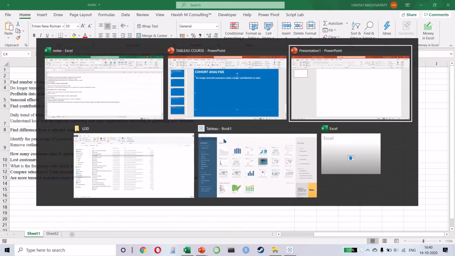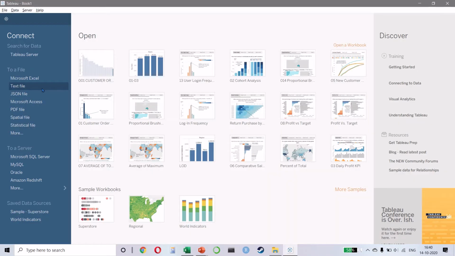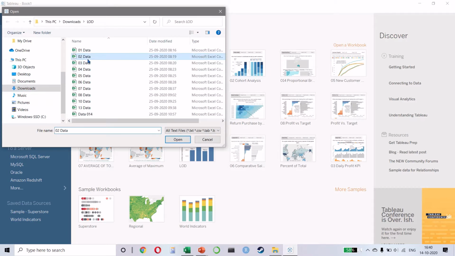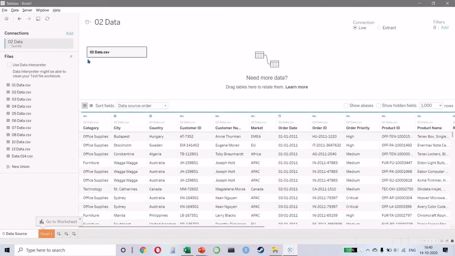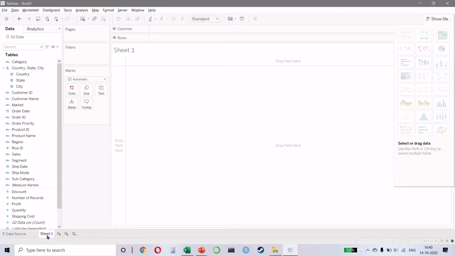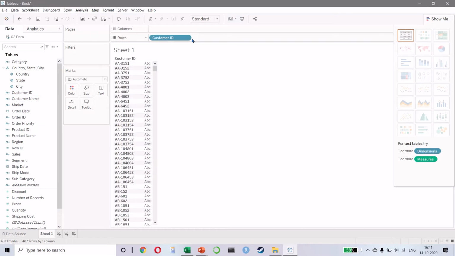Wonderful. So let's open Tableau and connect to our second file. Now, the first thing that I want to do is to put all my customer IDs in my rows, and we will keep the day of the order ID. That means how many orders have come for each of these customers.